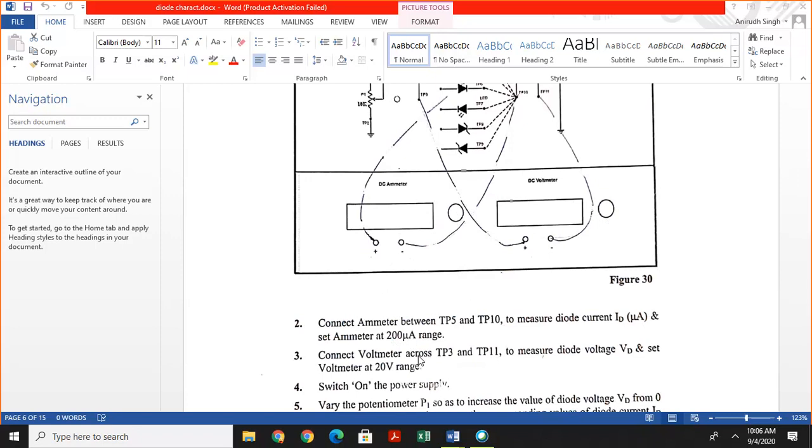200 microampere, because this practical is for reverse biasing, and in reverse biasing the range of current is small. So set the ammeter at 200 microampere